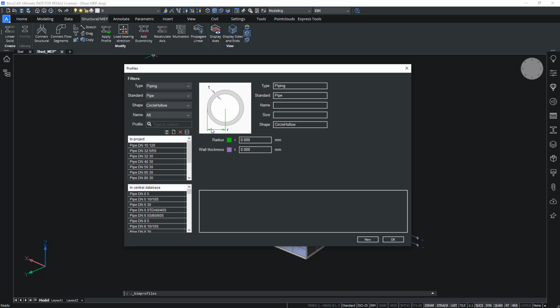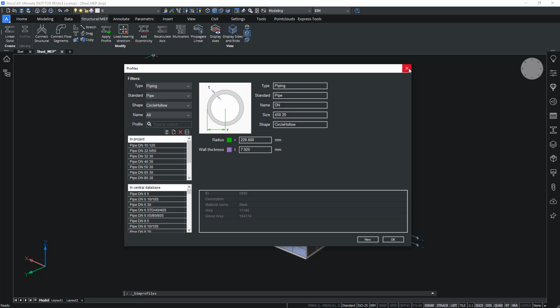Pipes are hollow circles, and I can see all of these standard pipe shapes and sizes. You can create new profiles based on an existing shape, or you can just create a new shape based on polylines or other shapes in your model.